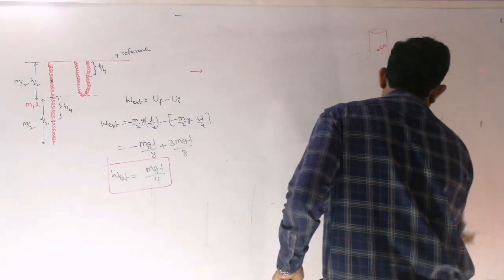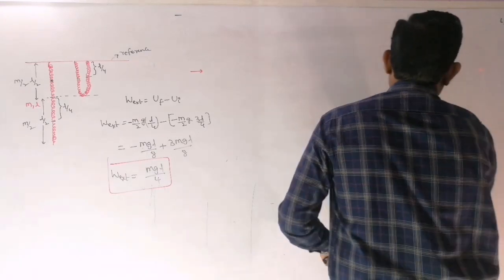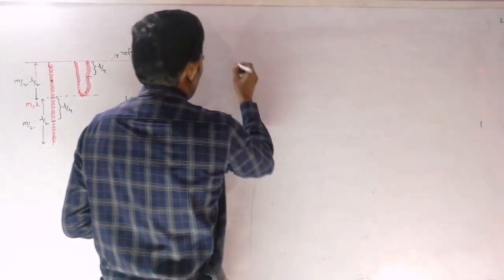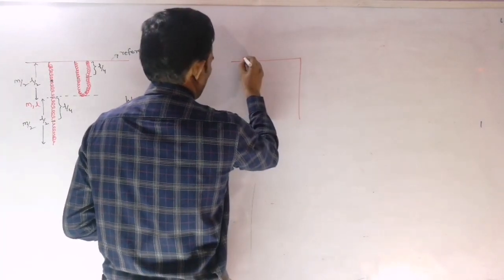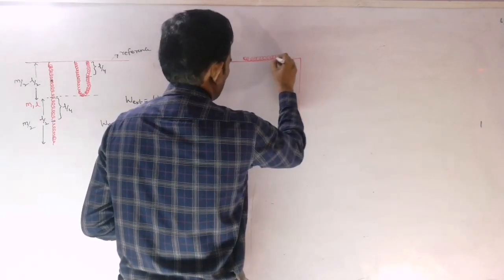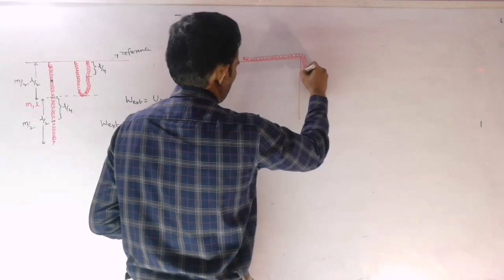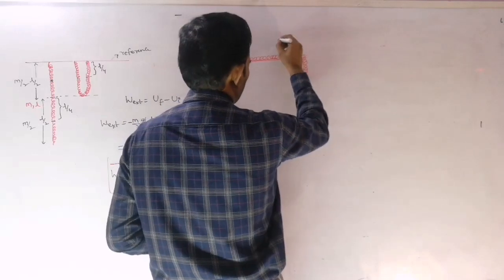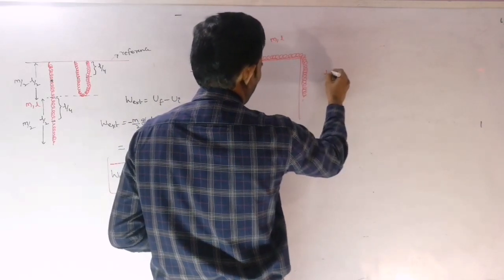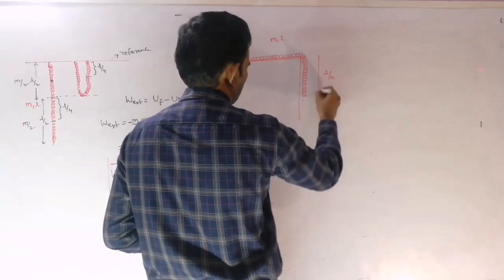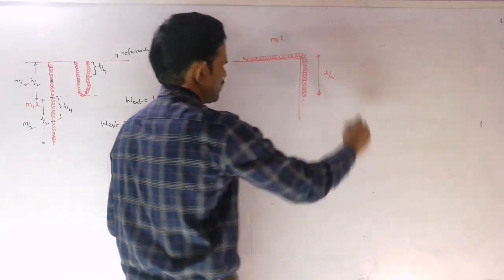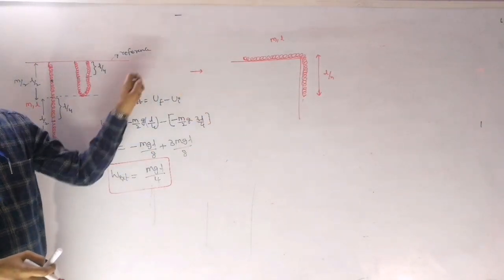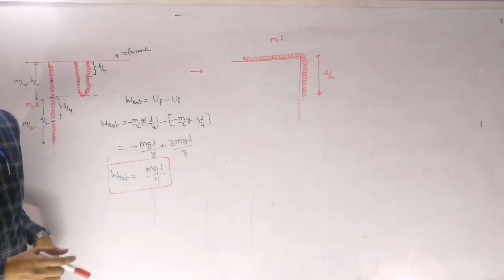So a chain of length hanging from the table, then work done in placing the chain onto the table. Let us consider a table here. A uniform chain of mass m and length L is hanging like this. Suppose I am giving that L by n, the total length is L and mass m. So I am taking that L by n length is hanging here, 1 by nth of the total length is hanging. Now we need to answer the amount of work done in placing the total chain onto the table. So just mention that point there.